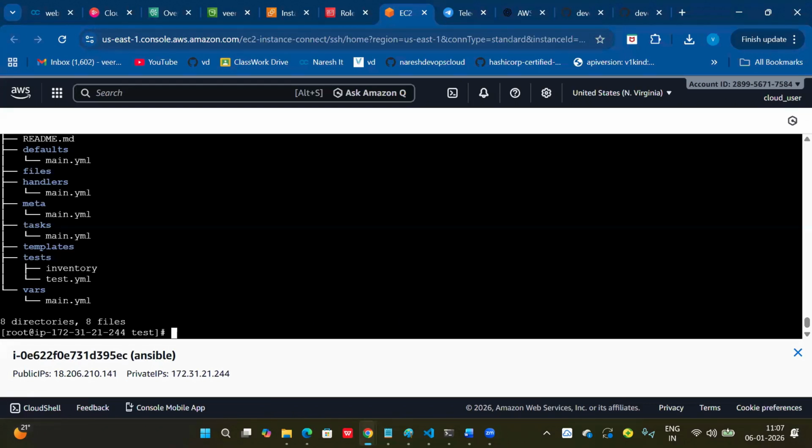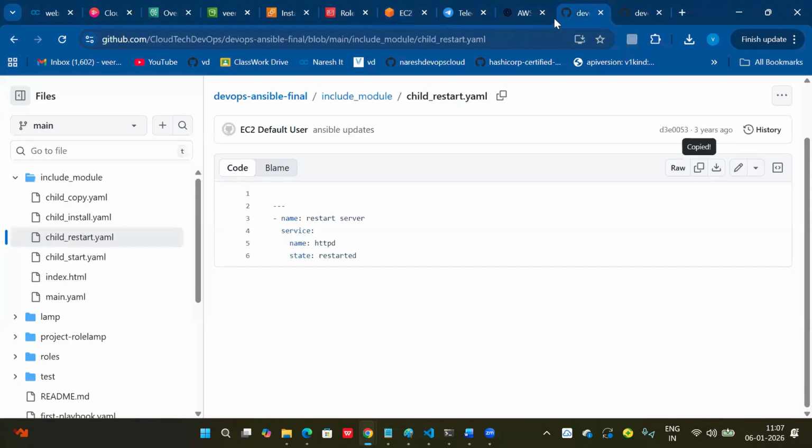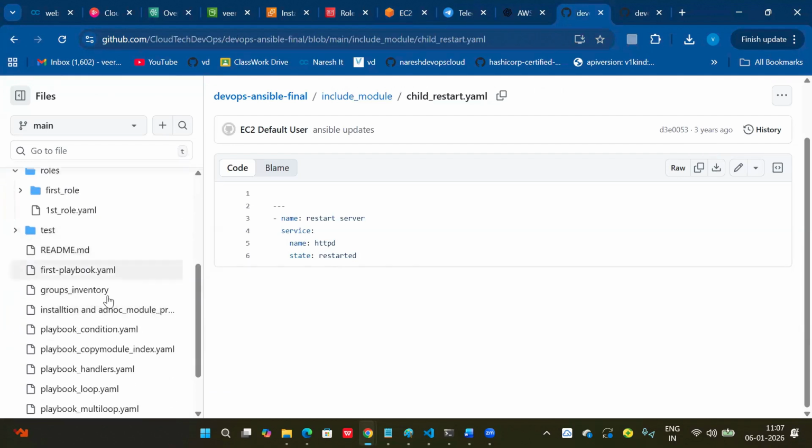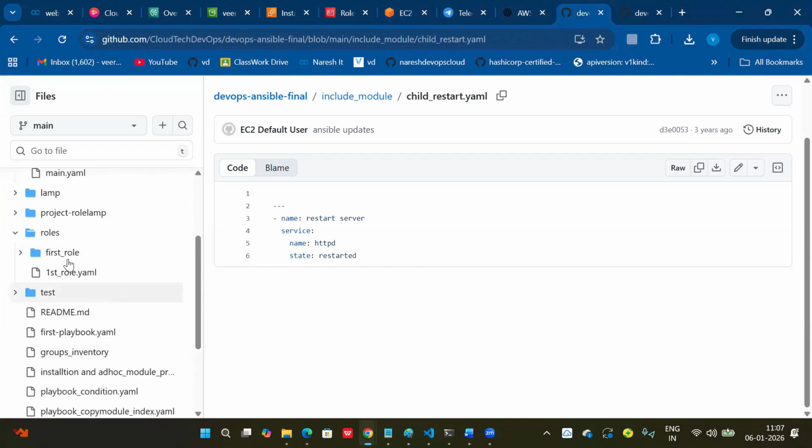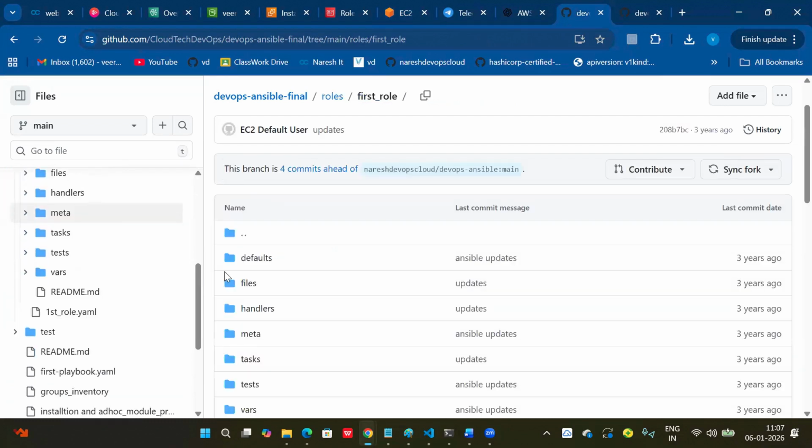Clear? So we can add simple YAMLs here. Tasks means what tasks you want to perform. You can add a list of tasks here. So can I add all the child tasks inside tasks? You can see here, role. See, these are the tasks.